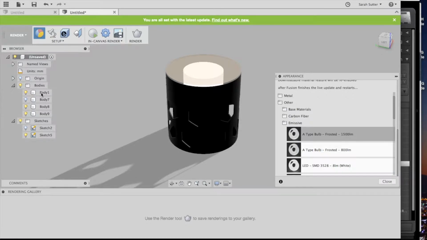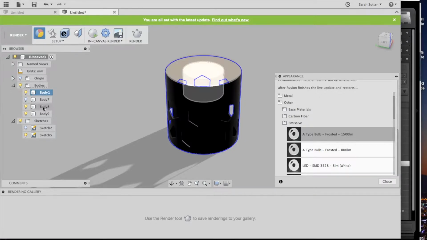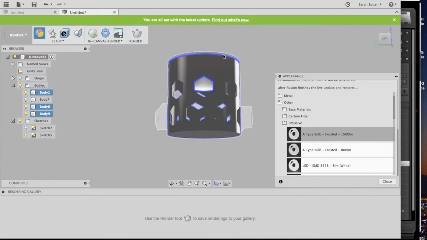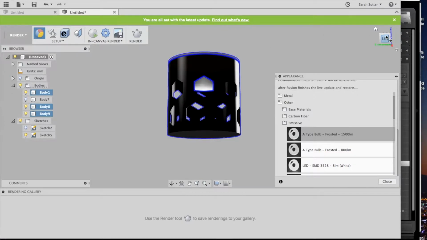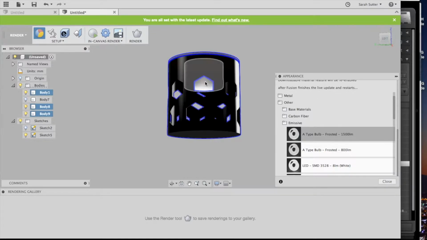My body 1 is a black opaque plastic. Body 8 is emissive, I'll get back to that in a second, and body 9 is a thin 3mm cap right at the top. So that little bit just right there at the top is body 9. The black plastic is body 1, and the one inside here, this little thing that looks like a votive candle,